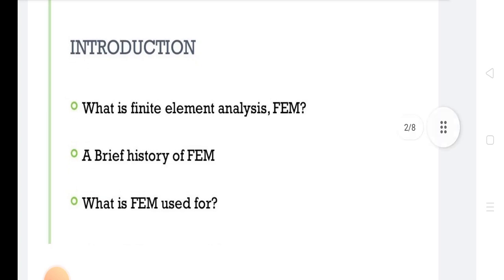In the analytical method, problems with non-homogeneous material properties cannot be solved. FEM can easily handle anisotropic and non-homogeneous properties. The analytical method is complex to solve. FEM can be easily solved by using a software package.